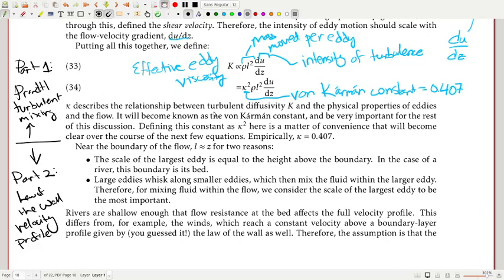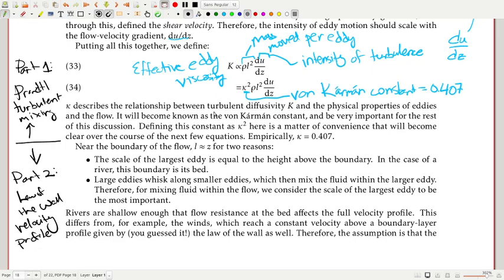When we wrapped up with this first part of Prandtl mixing and the law of the wall to derive a real rigorous boundary layer equation for fluid flow, we were discussing how eddies moved parcels of mass up and down through the flow and how that actually caused momentum to be mixed, with some slow material from near the bottom of the flow being moved upwards and some fast material from near the top of the flow being moved downwards. And I mentioned that now that we have a definition for K, this so-called eddy viscosity,